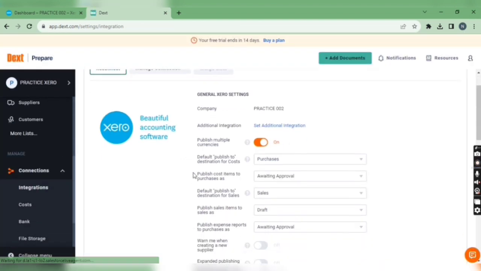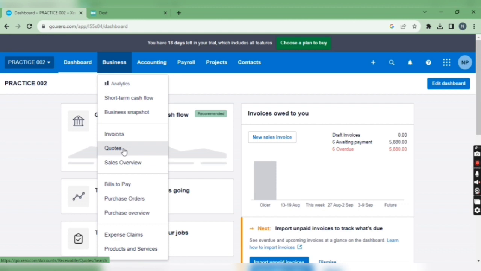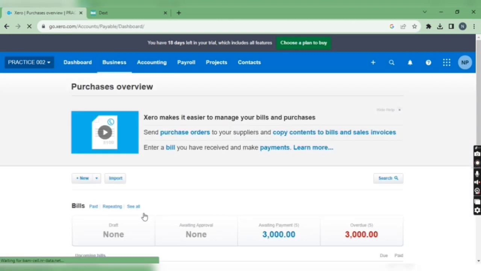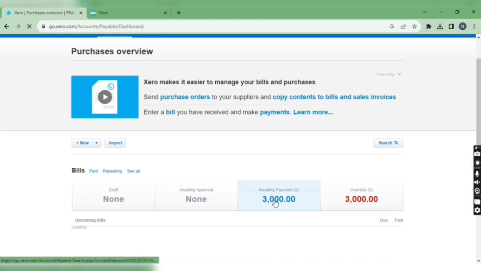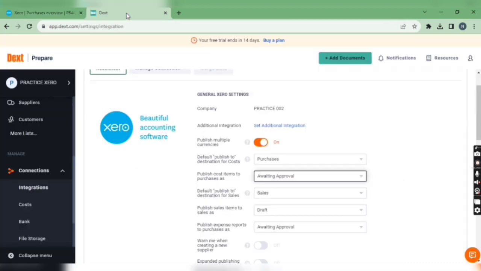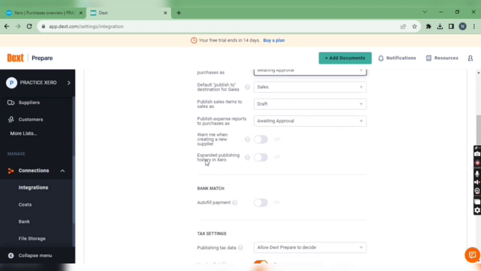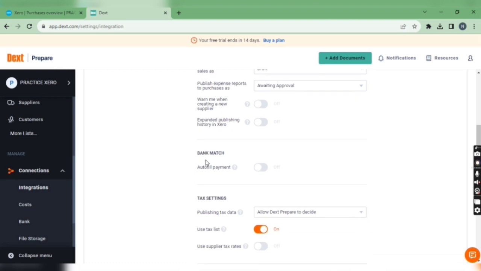Now you can see various options. Publish to destination for cost to purchase. So in Dext you can publish in three ways: cost, sales, and bank. Cost is a part of purchase, and sales is a part of sales. There are also some categories in purchase as well as sales: draft, awaiting approval, awaiting payment, overdue. So you can select in which category you want to publish data from Dext to Xero. In the case of cost, I have selected awaiting approval, and in the case of sales, it is auto